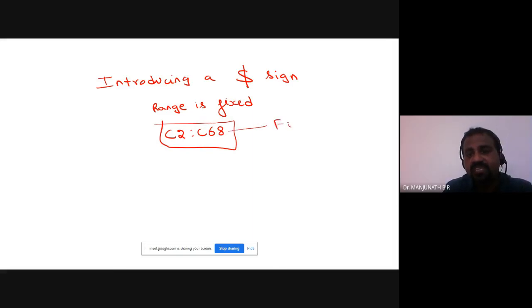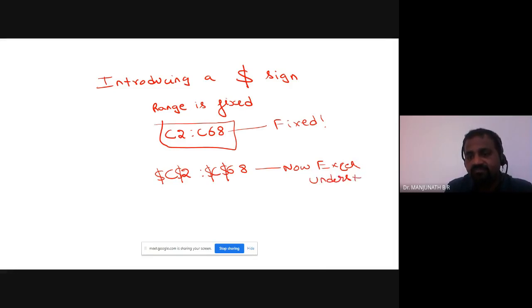You know it. But how is Excel aware of it? In order to make sure Excel is aware of it, you will be introducing a dollar sign in the range. Now you can see here I'm introducing the dollar. For 68 also I introduced the dollar. For C I introduced the dollar. For 2 I introduced the dollar. For C I introduced the dollar, which means that now Excel understood that the range is fixed.